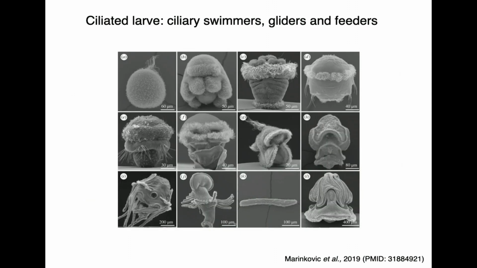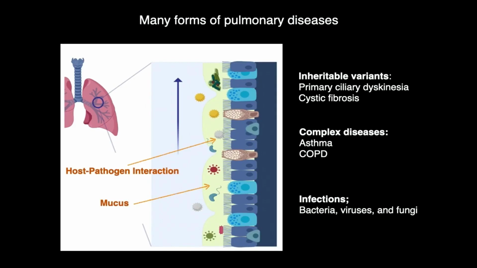The cilia are formed on the outside of these small creatures, and they're required to swim, to glide, to feed. So essentially, it's very interesting to think about how these ancestral cell types would be so important for different kinds of animal physiology, but also they're able to cover the respiratory tract, which is a relatively new evolutionary invention in all the air-breathing animals. Not surprisingly, these cells are also the target for many kinds of respiratory diseases, including the